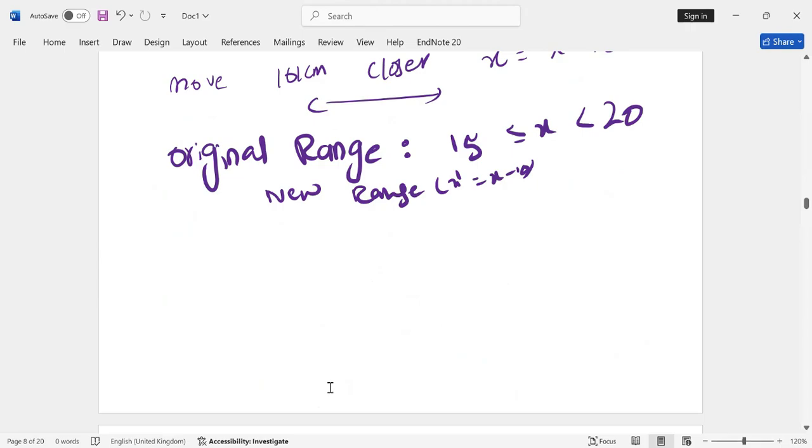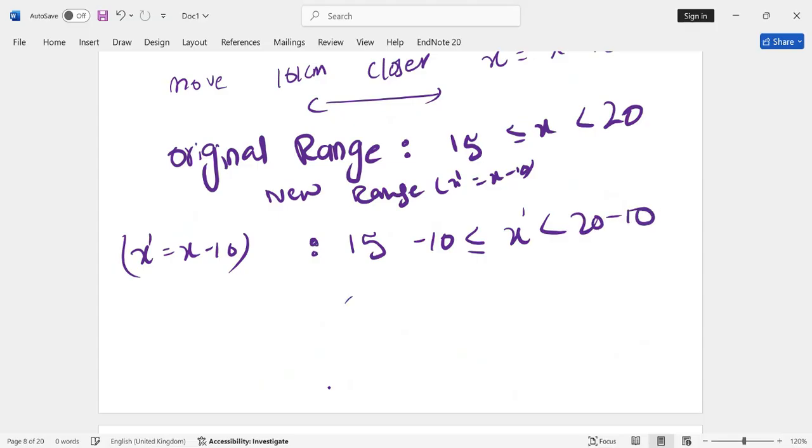So we say that this is equals to 15 minus 10 less or equals to x prime less than 20 minus 10. So we have 5 less or equals to x prime less than 10. So this is the new distance that falls into the interval. We have 5 less than x prime,